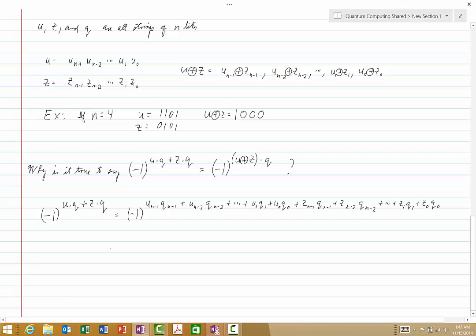Now, if we think about that for just a moment, let me emphasize that these first n terms come from u dot q, and the second n terms come from z dot q. Well, if we